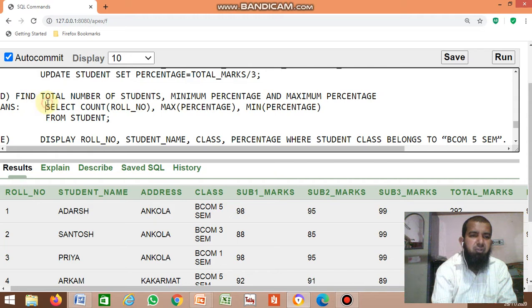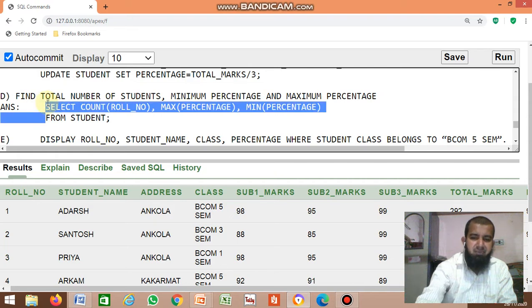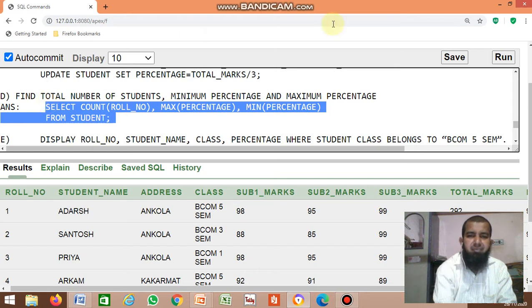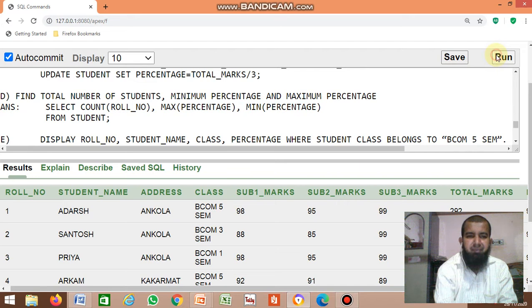Find the total number of students, minimum percentage and maximum percentage. So you have to find how many students there are in total, then what is the maximum percentage and what is the minimum percentage. How to find the total number of students? By using the count function. Count roll number, how many roll numbers are there. Then max percentage and min percentage from the student table.